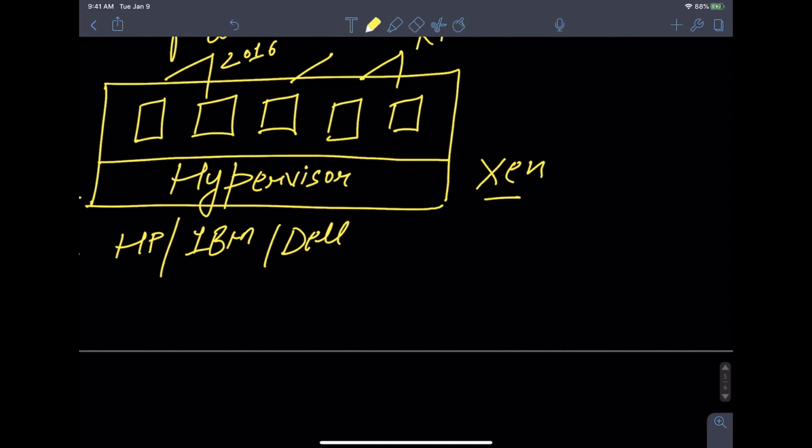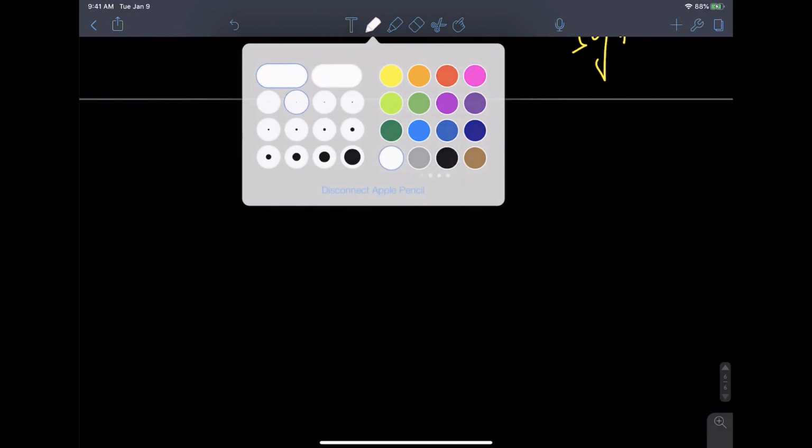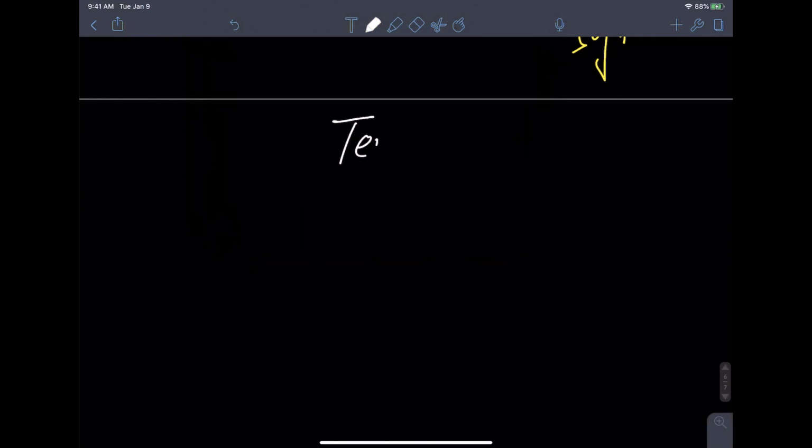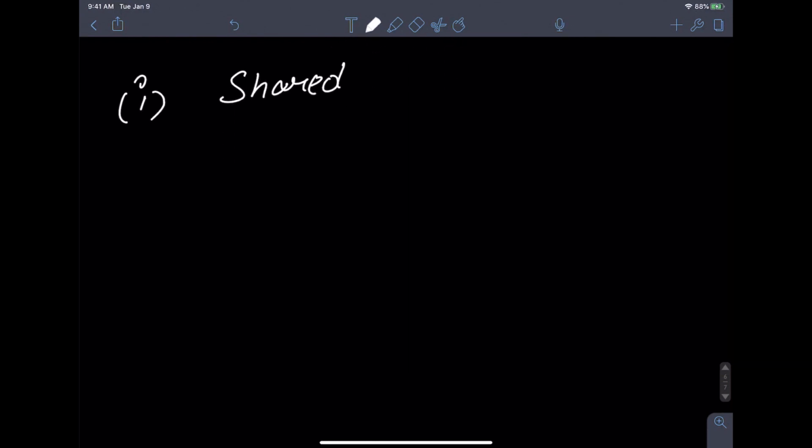Now, let's discuss the tenancies. There are two types of tenancies we use in AWS. One is shared. Shared means that on the same physical machine, you have different virtual machines up and running that belong to separate individuals or organizations. For example, let's imagine this is my